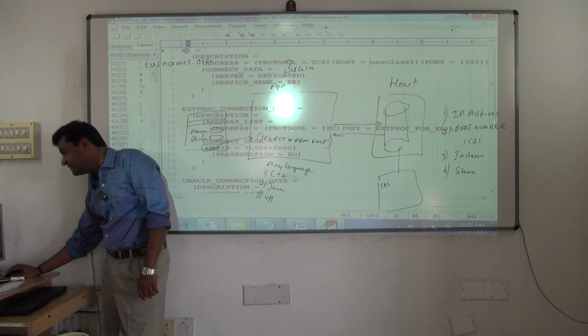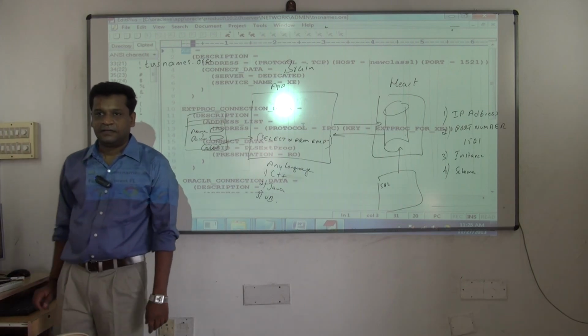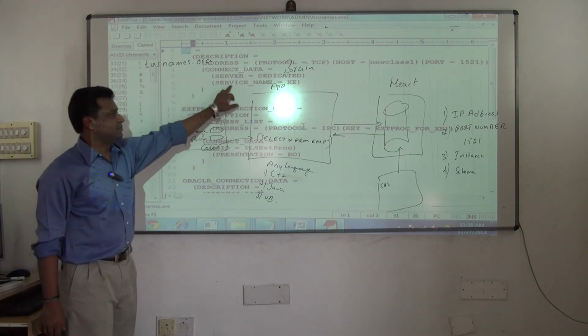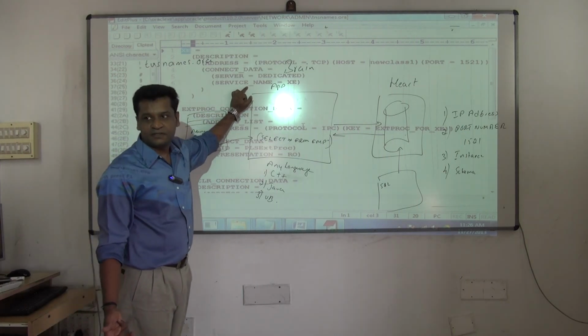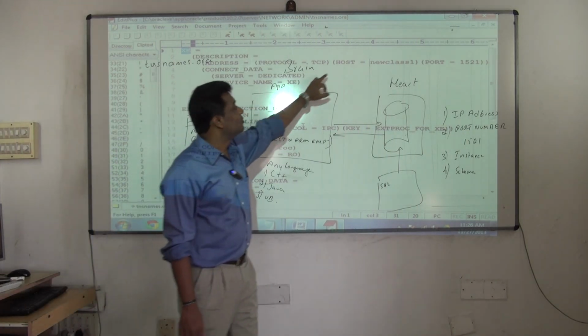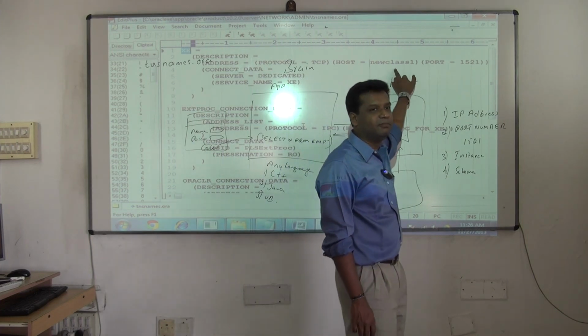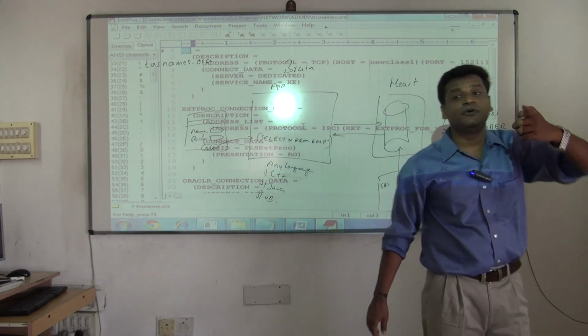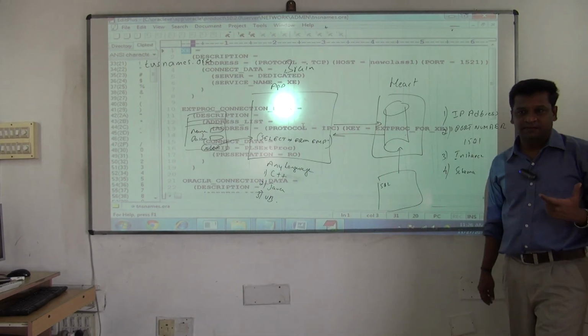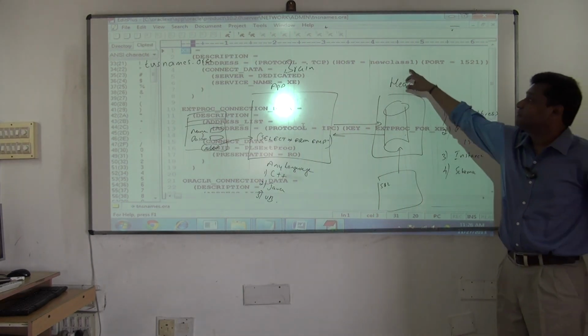See, here it will tell you XC is the name of the instance. Service name is instance name. Okay. Host means if you are given a computer name, it will take the name of the computer. If you are not given a computer name, it will be showing you the IP address. Understood? You know what is IP address now?